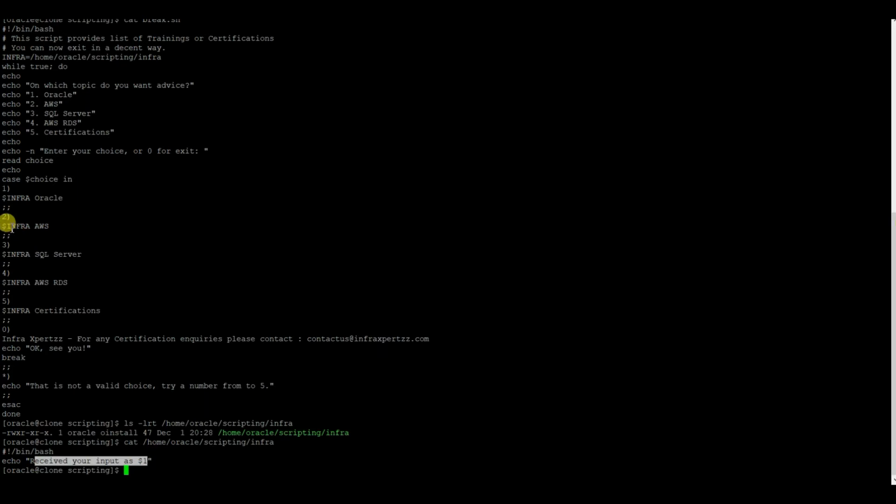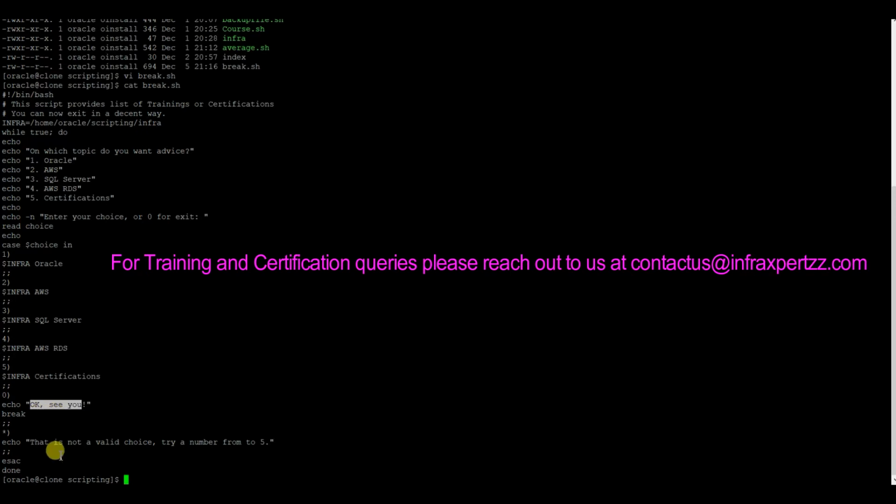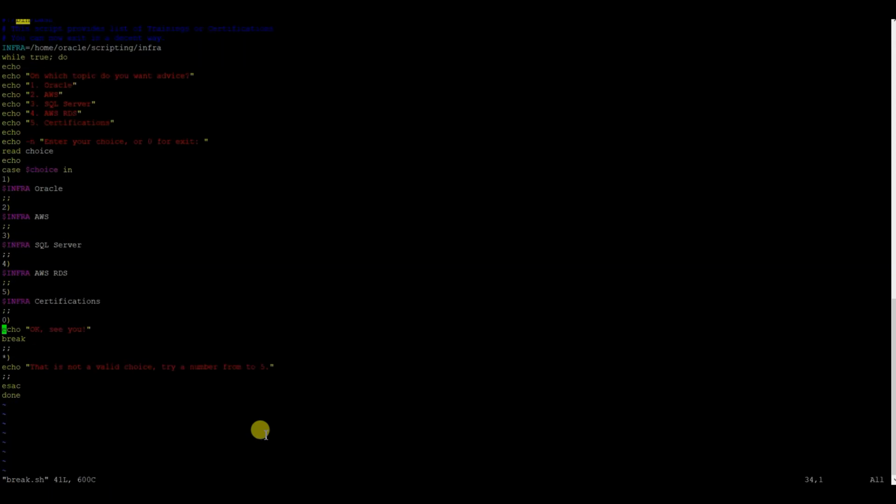If it is 3, then received input as SQL Server. 4 means RDS. Likewise, if you give the value 0, then it will break the loop and display the output as OKCU. And if you give any other choice other than 0 to 5, then it will display: this is not a valid choice. Try a number from 0 to 5.